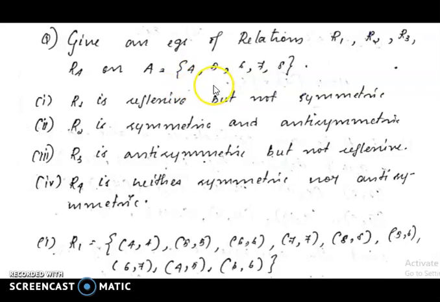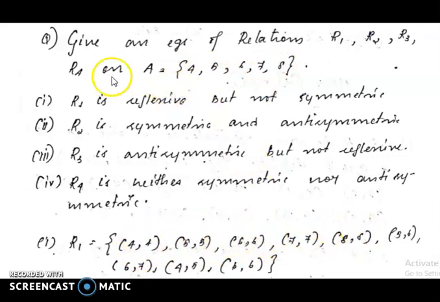For all A, we know relations. We have already defined reflexive, symmetric, anti-symmetric, transitive and everything. You can go through the definitions which we have learned earlier. Now reflexive means you see 4 comma 4 should be there. It is here. You can take 5 comma 5, 6 comma 6, 7 comma 7, 8 comma 8. So for 4, 5, 6, 7, 8 we have all these combinations, that is A comma A for all A. For all A it should be there.